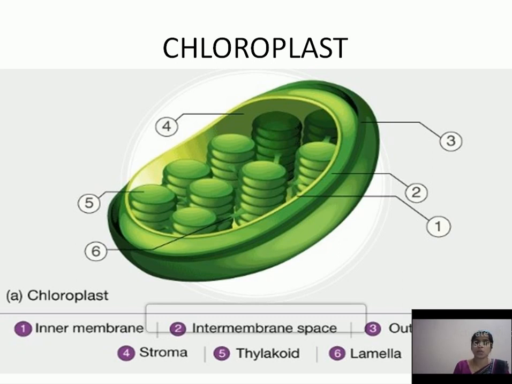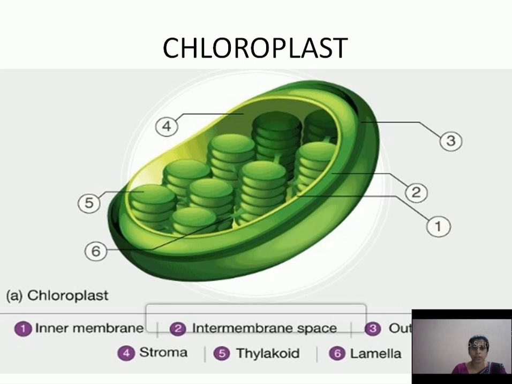And this is also called the kitchen of the cell. Chloroplast is also called the kitchen of the cell. Why? Because it is synthesizing food. You know the plant, which part of the plant is known as the kitchen of the plant? Yes, leaf. Same here, in the case of a plant cell, chloroplast is the kitchen of the cell, okay, because it's synthesizing food.